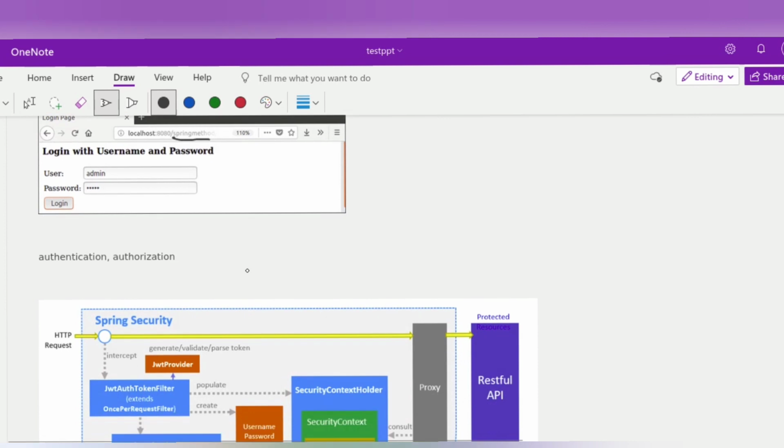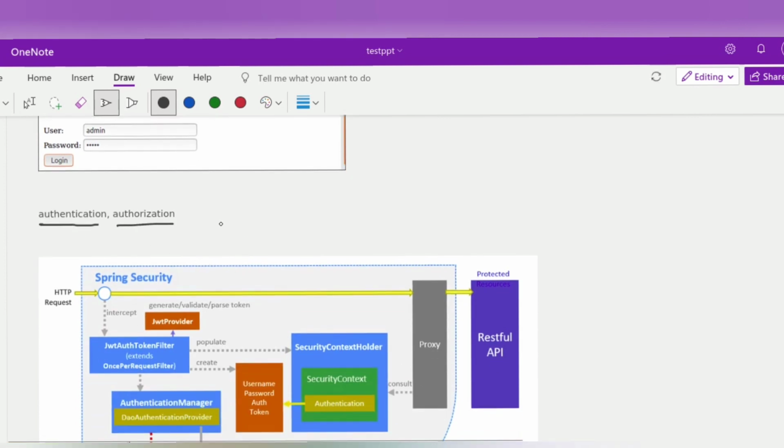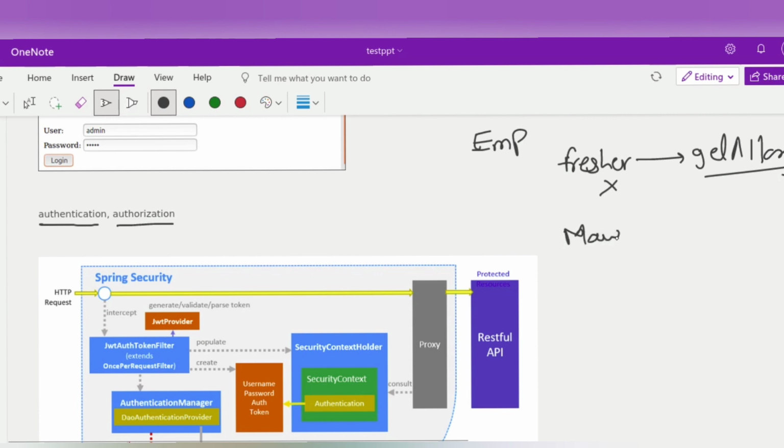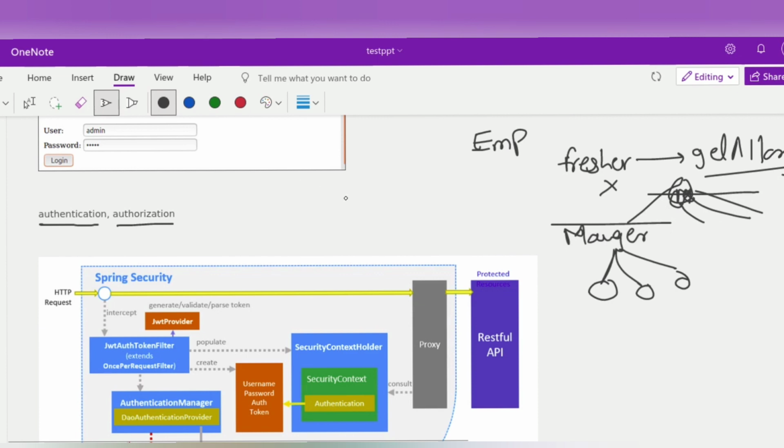Okay, let's discuss authorization and authentication. I build one employee system, and in the employee system, if a fresher student joins the system and has access to get all the org data, like salary and department, that is not applicable for a fresher user or a manager. If I am the manager, I get only details of whoever reports to me, but not from a different parent, like the manager's manager. If he is a parent manager or a CEO, the CEO can access all the data from his organization. So the level check is called